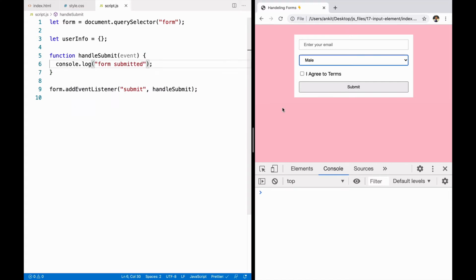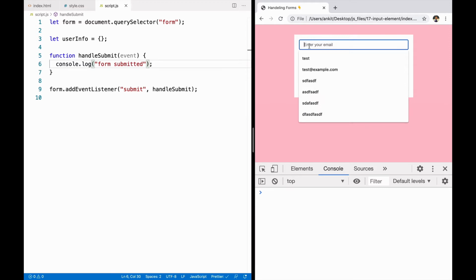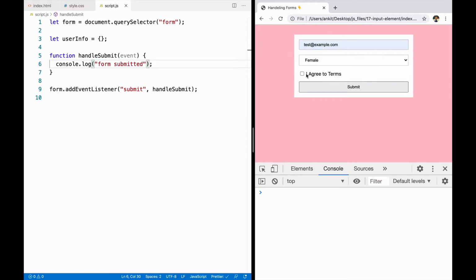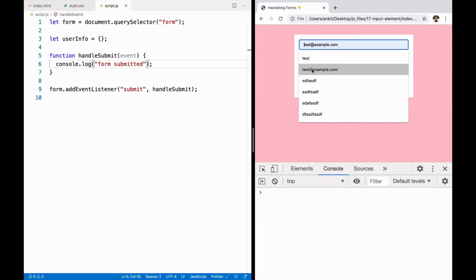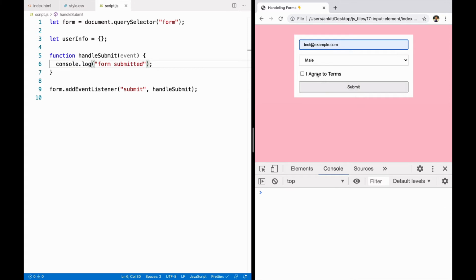Now if we refresh this page, enter the test data and click on the submit button, something is happening in which the data disappeared. Nothing happened. We didn't see any console message. So pay attention to this refresh button and see what happens as soon as we press enter or click on submit. I'll click on the submit button, and you can see the page got refreshed. It means all the data that the user filled in got deleted, and we didn't see any message.